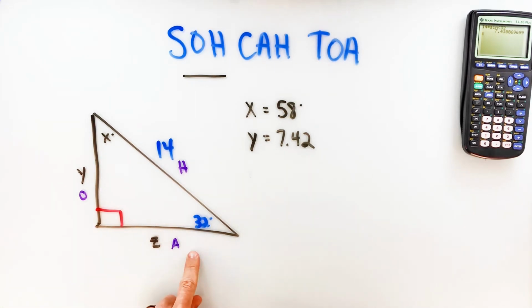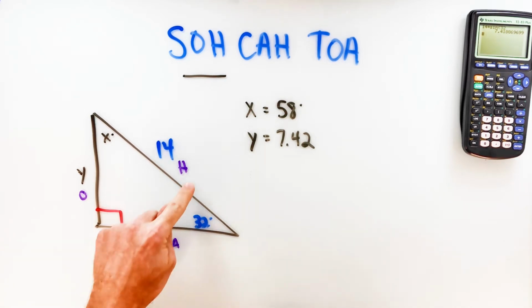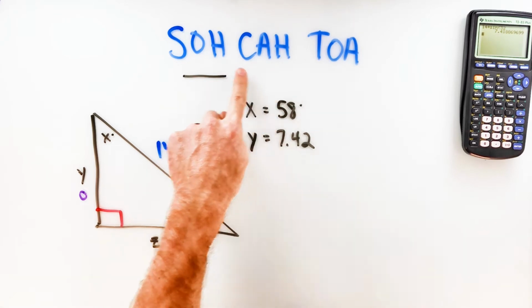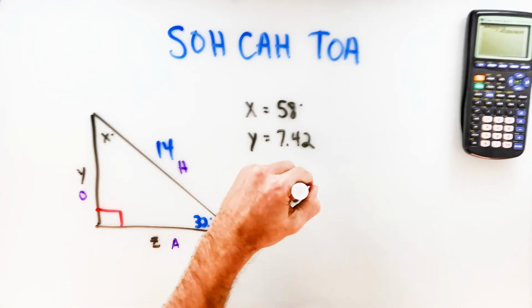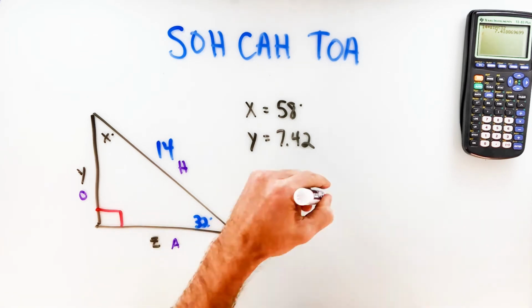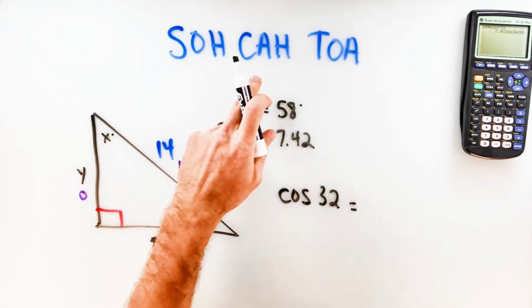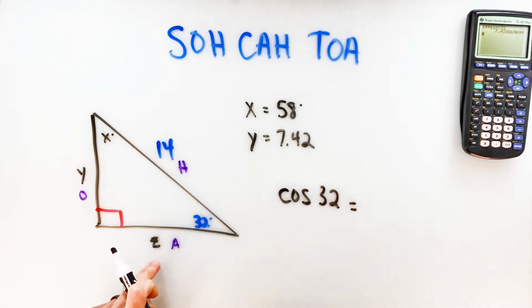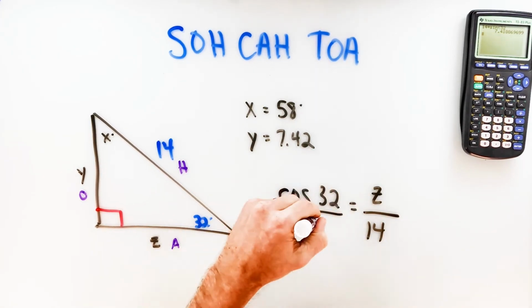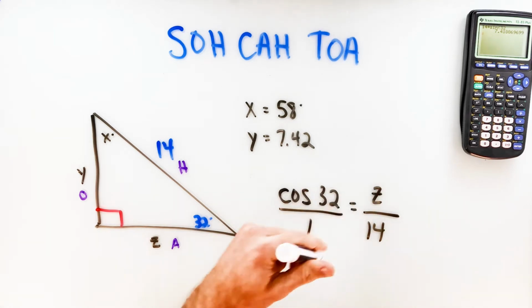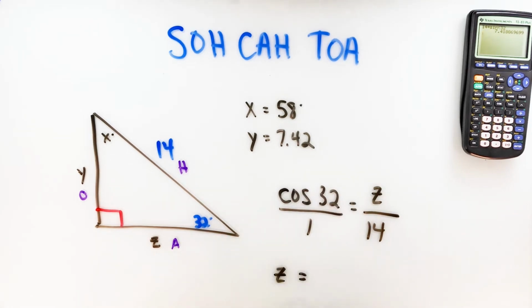So the other trig function I can use in this case to find the adjacent leg z, I can use cosine. Adjacent over hypotenuse, right here, A and H, we can use cosine. So same setup, it's just cosine instead of sine. Of my 32-degree angle, cosine is adjacent over hypotenuse, so that is z over 14. Okay, cross multiply the same way. I've got z times 1, which is z. 14 times cosine 32